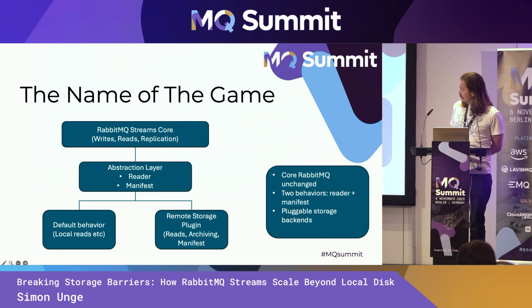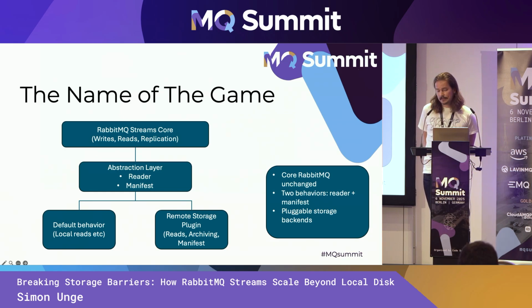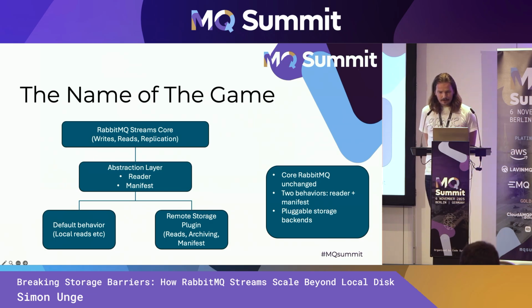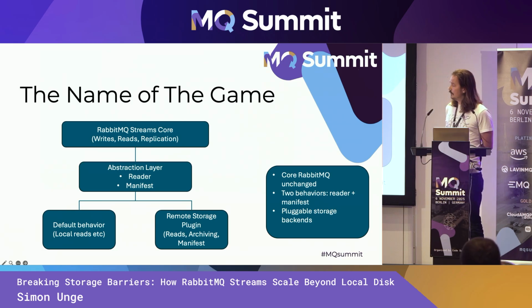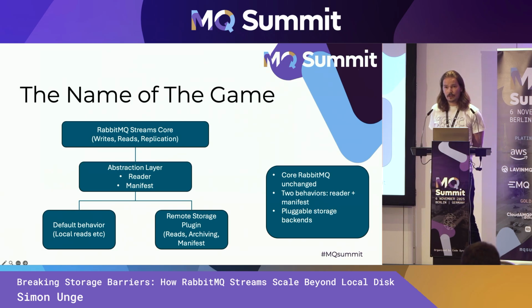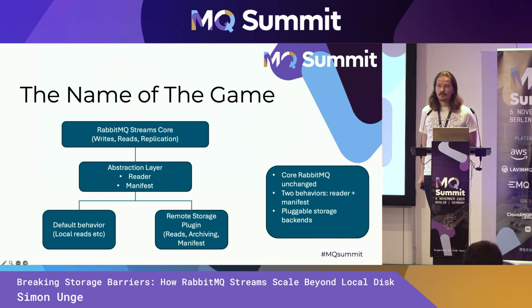So we introduced an abstraction layer where we have two behaviors. Think interfaces in Java, but in the Erlang world, which is the language that this is built on, we call them behaviors. So two behaviors that we think you need to implement: the abstract reader behavior, which tells you how to read the data from somewhere, how from an offset, a point in some file, start shipping that to the consumer.